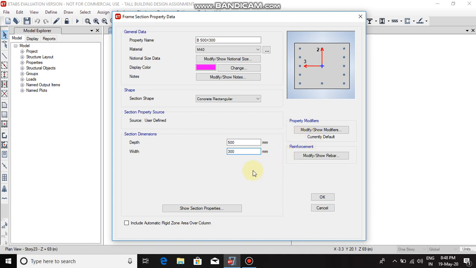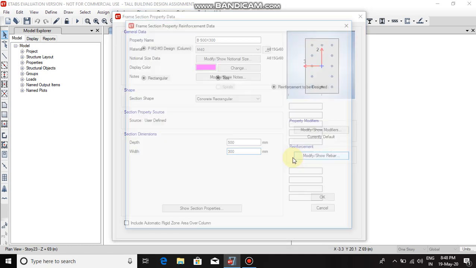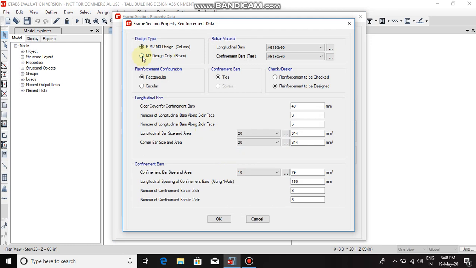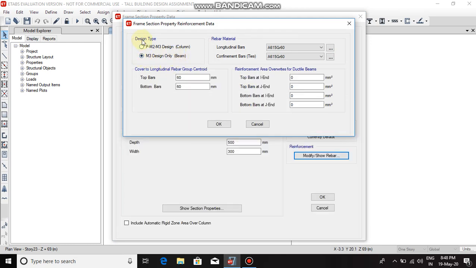For reinforcement, select Modify or Show Rebar. Click on Beam in Design Type. Select HYSD 415 for longitudinal bar and mild 250 for tie bars.